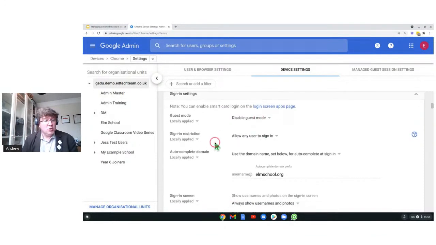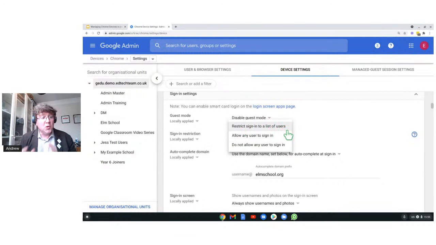Sign-in restriction. Who do you want to be able to sign in on your devices? So I'm on a training domain here, so we've allowed any user to sign in, which means at this point, although the device is controlled, they could sign in with a Gmail account, their own personal account, or a school account. You probably, I would say, on most of your school devices, want to restrict this to a list of users. So it's the people from your school that can sign onto that device. So I'd say for sign-in restriction, the most common setting is restrict to a list of users, particularly on student